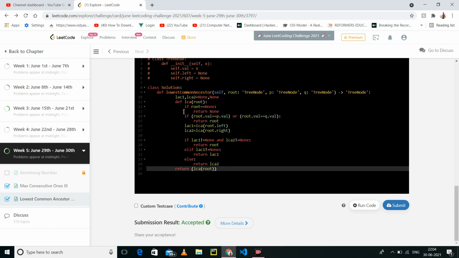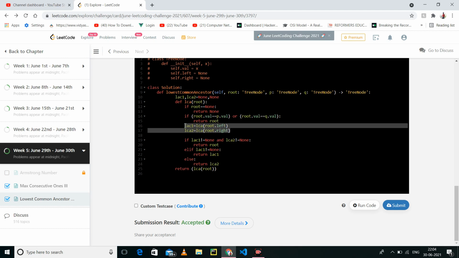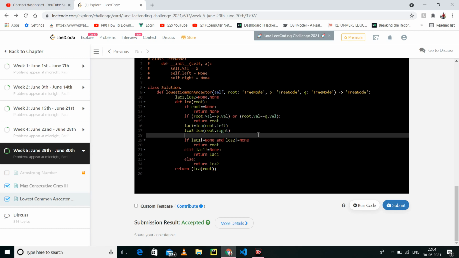So I hope that you have understood. If you haven't understood, please take a copy and pen, and as the control is going from one step to another step, you have to write the control. You have to make a figure and see how the control is going. If you do it 1 or 2 times, you will get it, because when I did this the first time, I was also not able to get how the control was going. But when I did it 1 or 2 times, then I got how the logic and control go from one step to another step. So I hope you will also put in effort from your side.